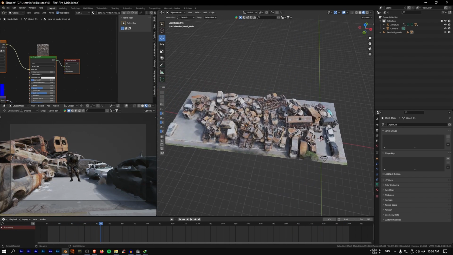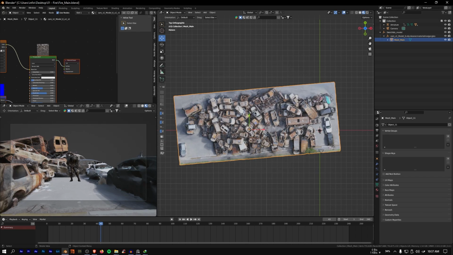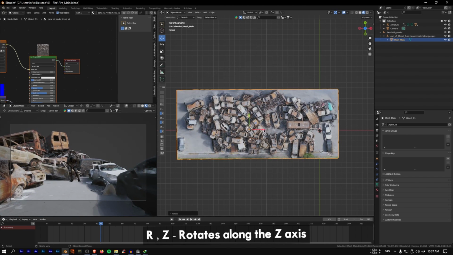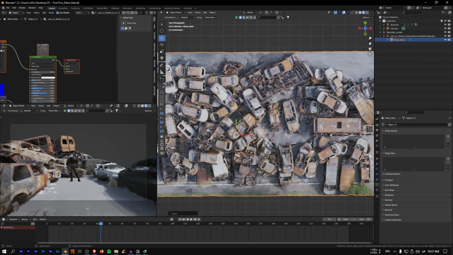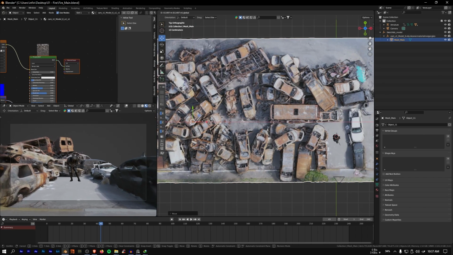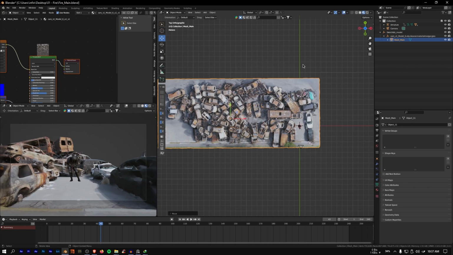And now you'll also see that we have this huge part of the mesh which is not visible. So let's remove this part. To remove this part, just select the mesh. If you just press numpad 7, you'll go to the top view. First of all, let's straighten this up. So press R, Z and just make this straight, and we'll just place it properly. Something like this. Now what we'll do is we'll cut this part of the mesh and we'll place it back